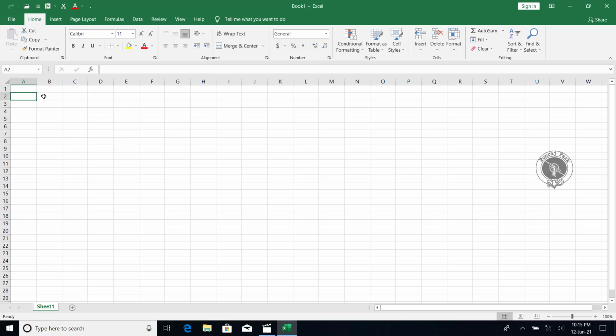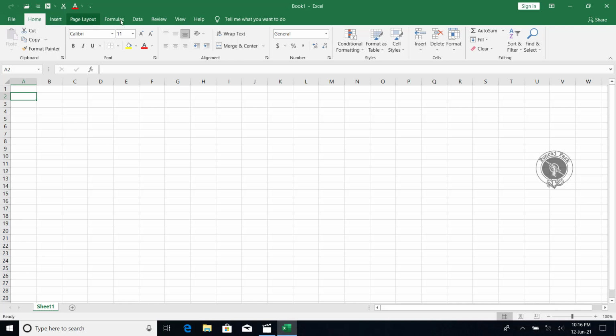Now we will see some of the basic stuff that you may need to know. We will go from top to bottom. From the top side we will see this section. This is called the quick access toolbar. From the name itself you can imagine quick access: any tools you want to access from this.